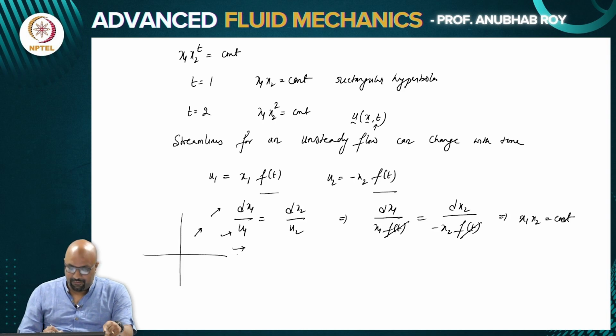The velocity field at a later instant of time will have the same direction but different magnitude. Because you can see the ratio of u1 by u2